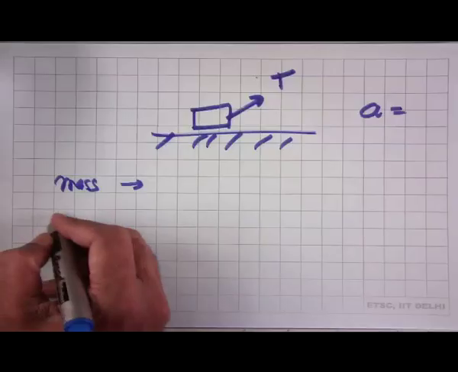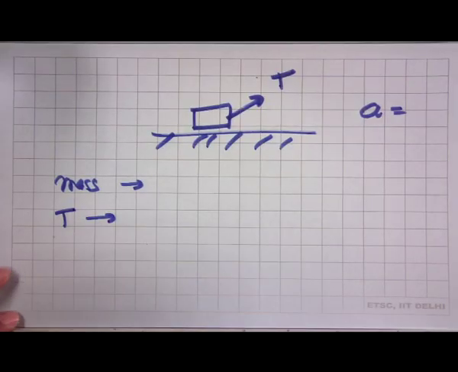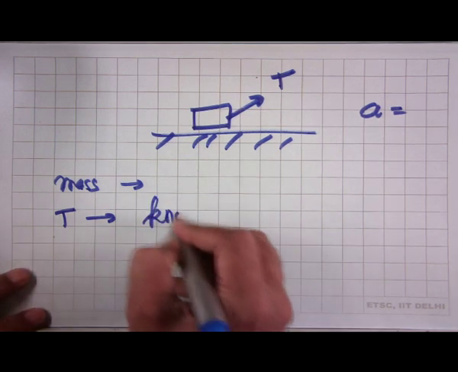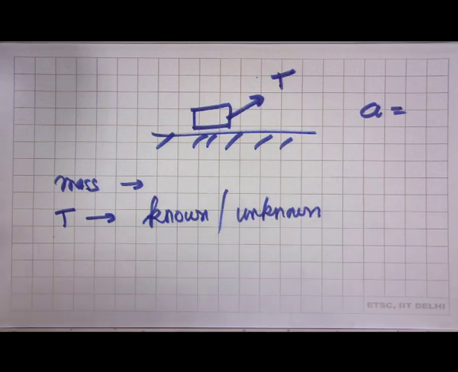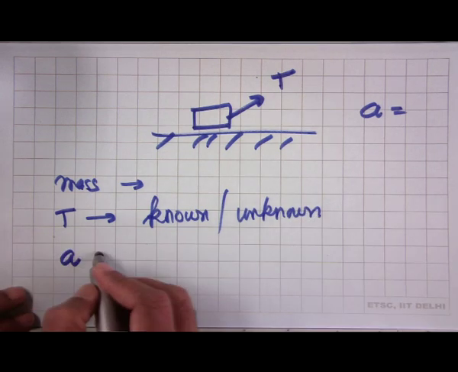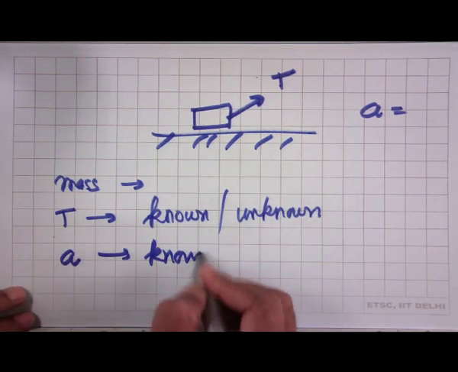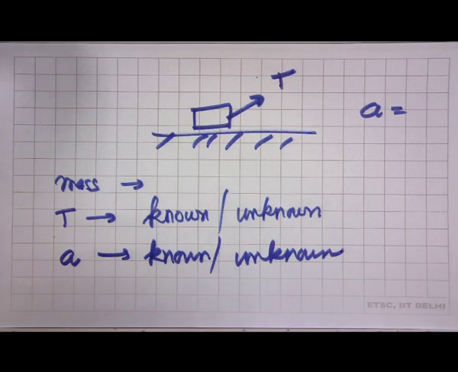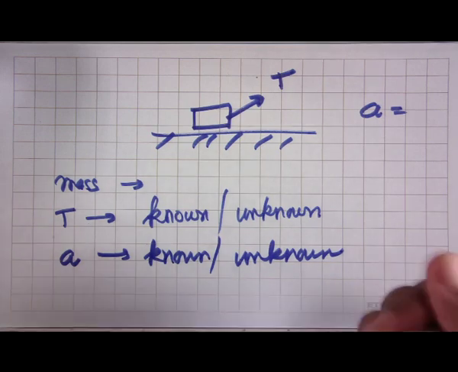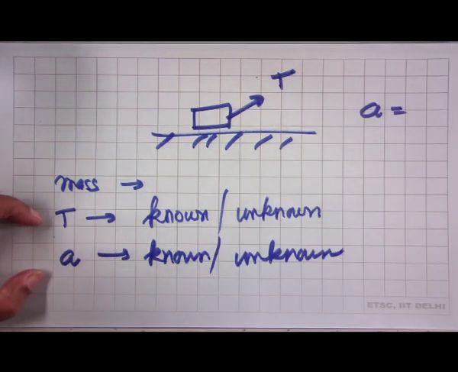The force T which is being applied, either this will be known or this will be an unknown force, unknown quantity. And similarly, the acceleration would either be given to you or this would be an unknown. Of course, if the problem has to be solvable, both of these cannot be unknown,